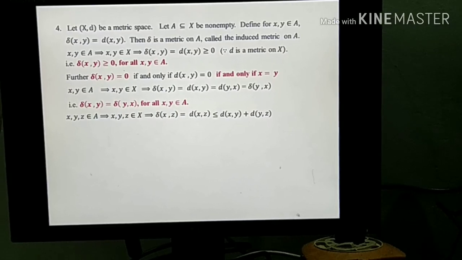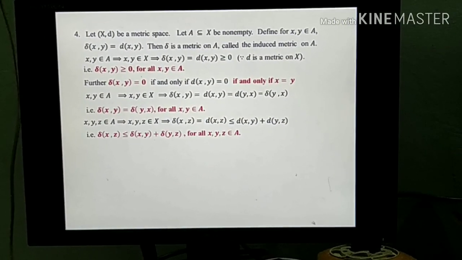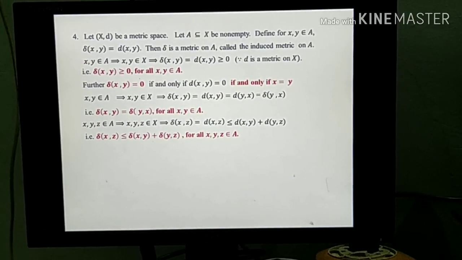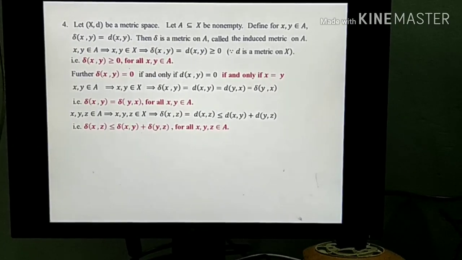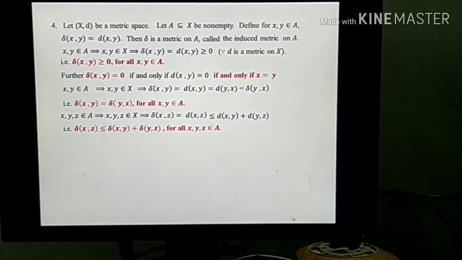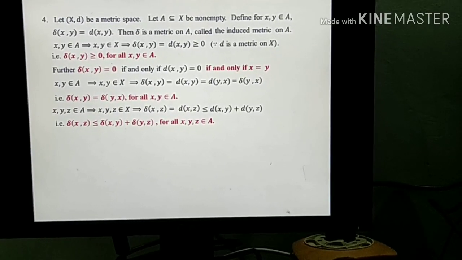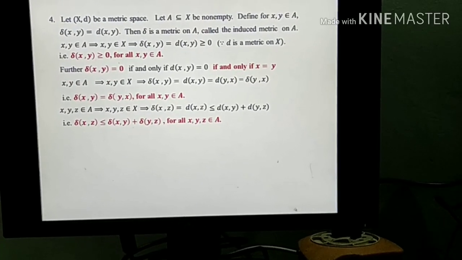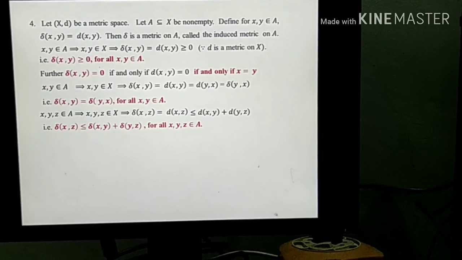But all these three elements belong to A. Therefore dxy can be replaced by delta xy, and dyz can be replaced by delta yz. Therefore indirectly we will get delta xz less than or equal to delta xy plus delta yz for all x, y and z belongs to A. Therefore the triangle inequality property is also satisfied by this function delta on A, and therefore delta becomes a metric on A,